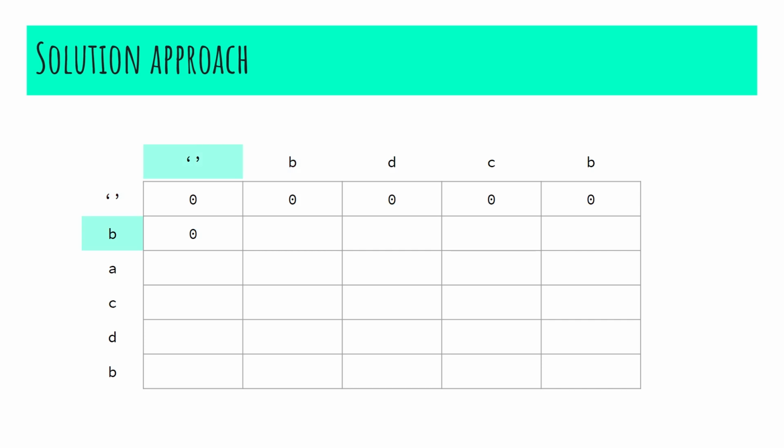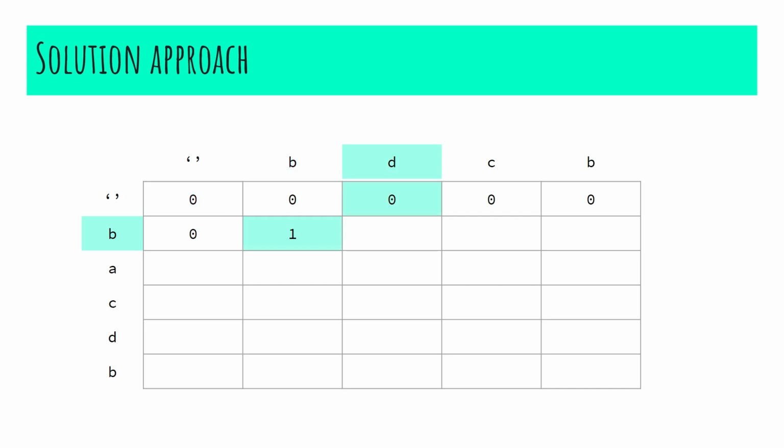As we proceed to the second row, we compare the leftmost character of the first sequence with each character of the second sequence. Here, since an empty sequence will not have any common subsequence with any sequence, we store 0. Further, as we traverse through both the sequences, we will encounter two possibilities. If the last characters of both the sequences are equal, we store the value present in the immediate upper diagonal added by 1. That is, we store dp of 0, 0 plus 1 in dp of 1, 1.